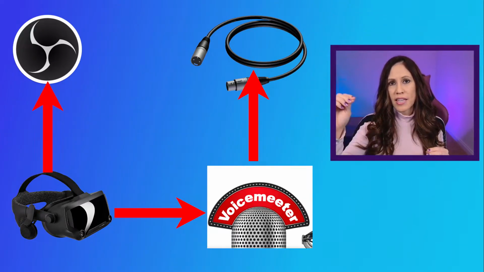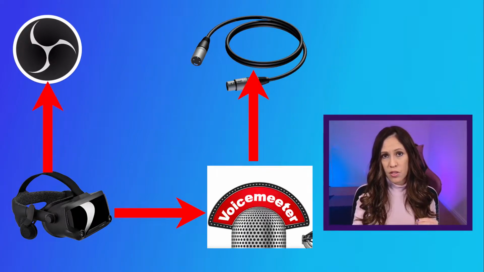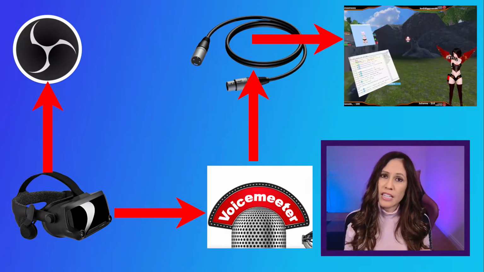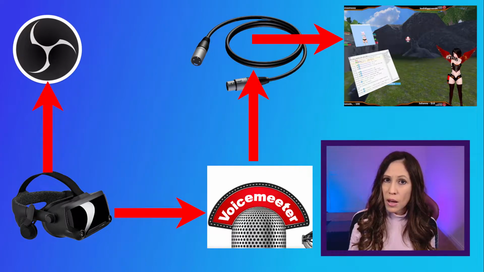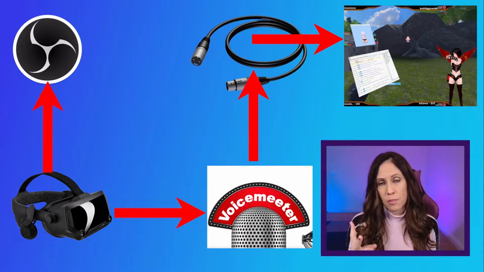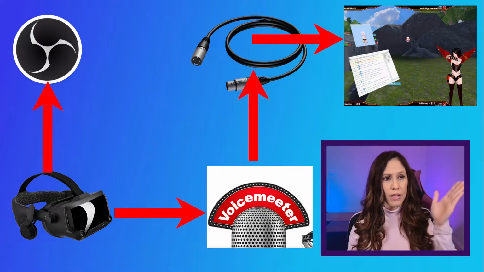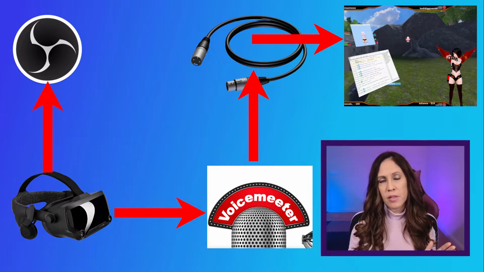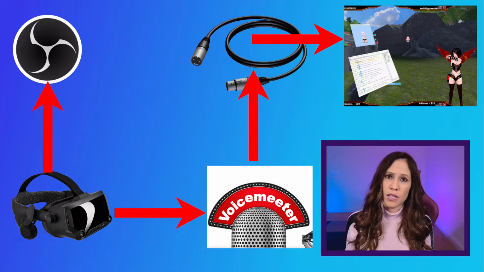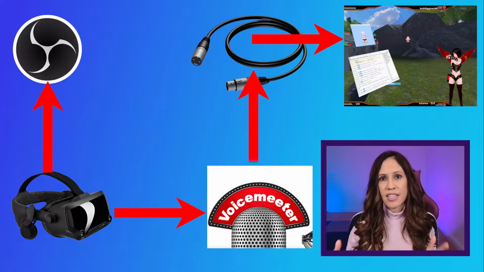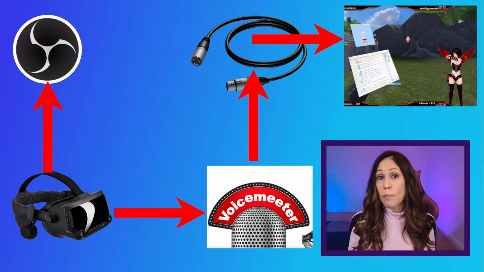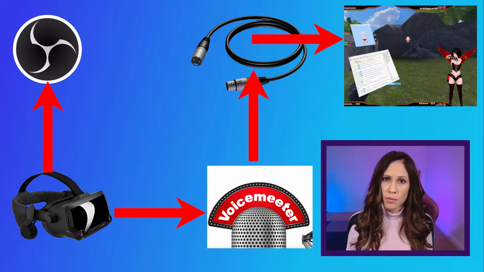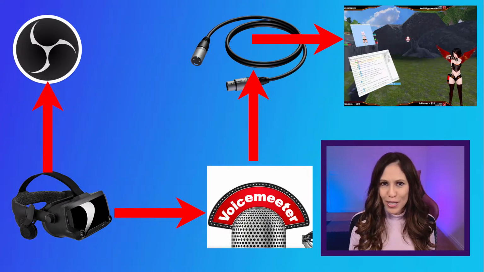Now, once that mic is routed into the virtual cable as an input, we will automatically get a cable output, and that cable output is going to be our second mic. Now we can have one mic going to stream and one mic going into game. In order to implement the push to talk, we're going to be using something called OVR Advanced Settings. This will let us implement the push to talk and also choose what button we want to use on our controller to implement the push to talk. I know it sounds complicated, but I promise you it's only a couple of steps and we'll be done in